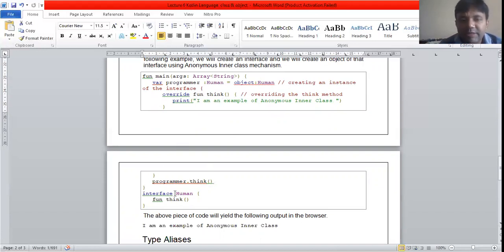So here we have an interface human. Here is another function inside this, think. And once we have this think function, we create an instance of the human interface. So here the instance is created, and finally programmer is the instance, and programmer.think brings that outcome: I am an example of anonymous inner class.